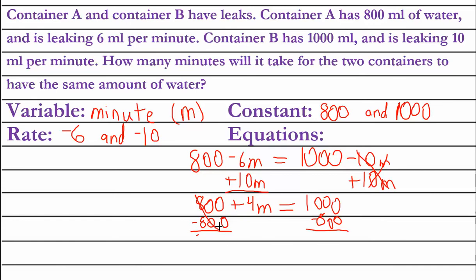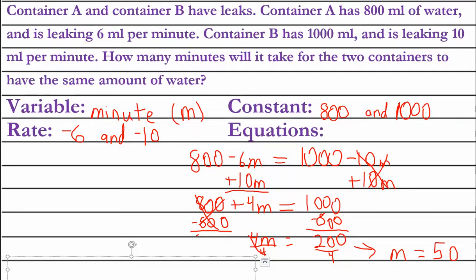And wind up with 4m equals 200, and finally divide by 4 on both sides and get an answer of m equals 50. So now we have to answer the question, which is how many minutes will it take? Well, we just saw it